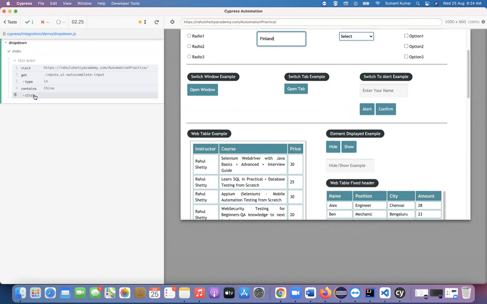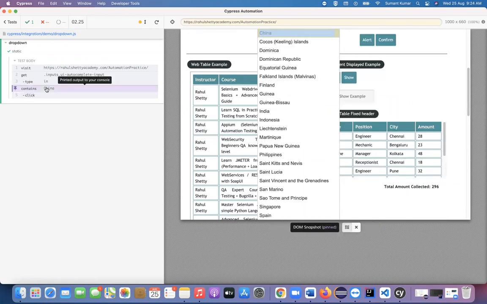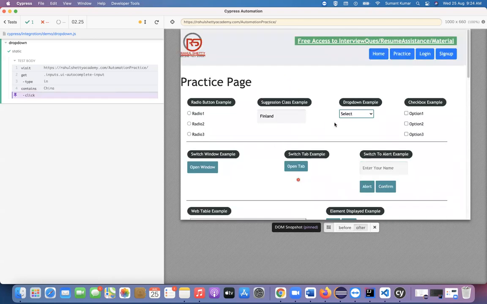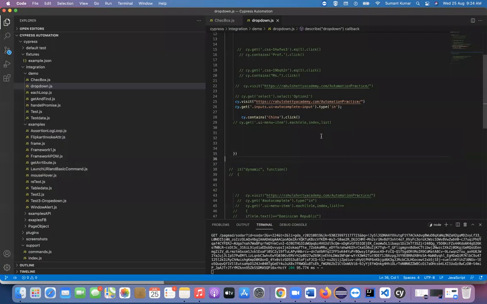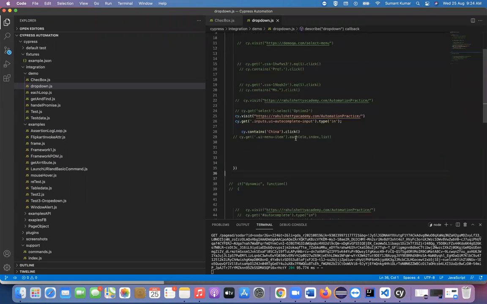Why? We'll go here and once we click, it is clicking on China, but why is it not containing China? Why is it not selecting China? What is the reason? Okay, so I will tell you. If we are using a for loop, in the for loop we are doing kind of the same thing, but we are moving every element one by one.